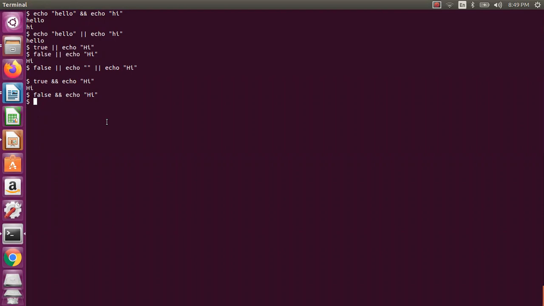So how do you know that one, we need to check like this. You can also do it in this way, v1 equal to 10, v2 some simple expression, and then I say dollar v1 less than dollar v2. So we will try these two statements, which is true actually. So I will say true or echo hi. Then it will not execute anything.